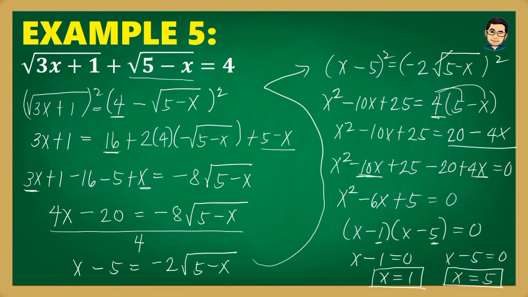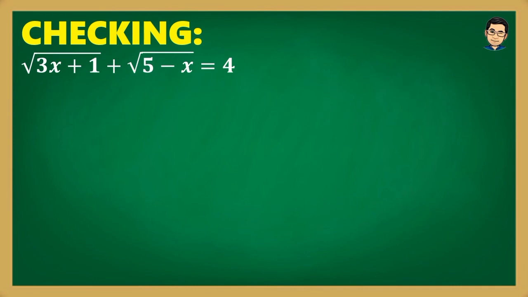So, it is a long process when we need to remove the radical symbol twice, so that the equation becomes linear or quadratic. Now, let's check our solutions. Our first value of x is 1, and the second is 5. So, the square root of 3 times 1 plus 1 plus the square root of 5